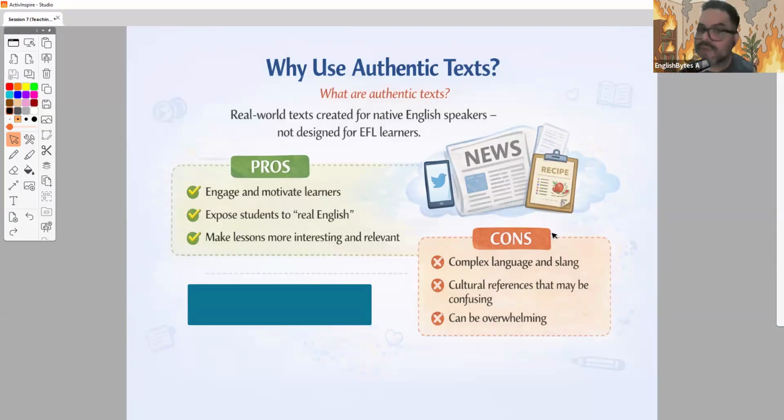Now, there are some cons about it. What happens? Sometimes, not sometimes, all the freaking time, you have some complex language and even some slang expressions. And they are difficult, especially if your student is from the starter level, from the A1 level and the A2 level. So it could be difficult, but scaffolding can help you with this. There are some cultural references that may be confusing. For example,